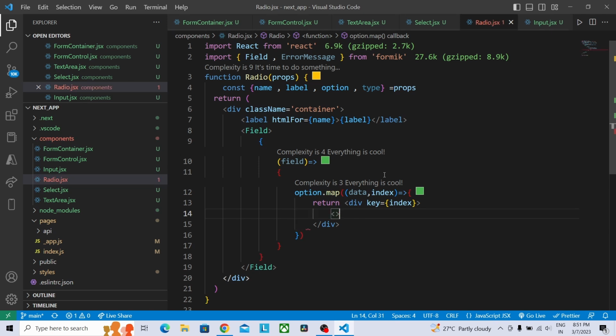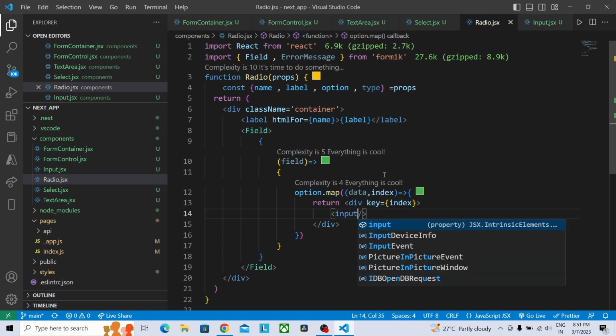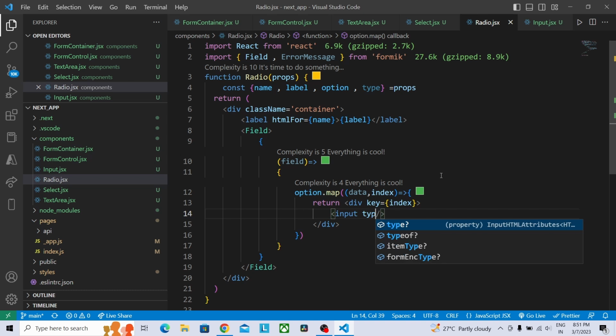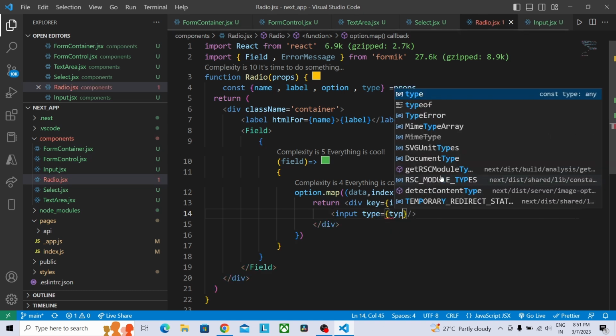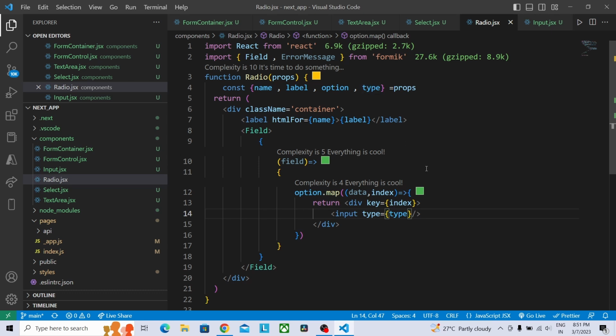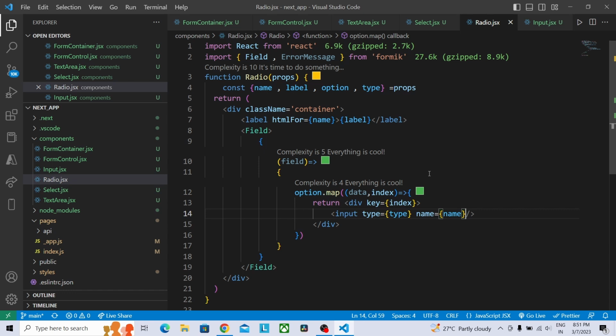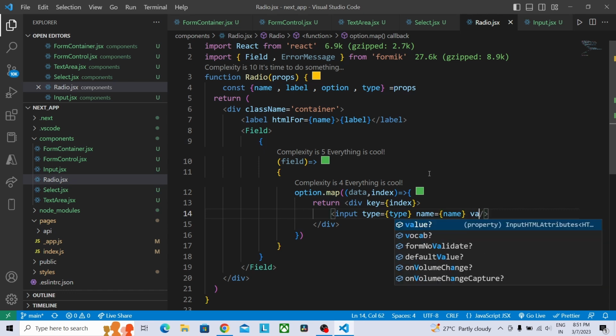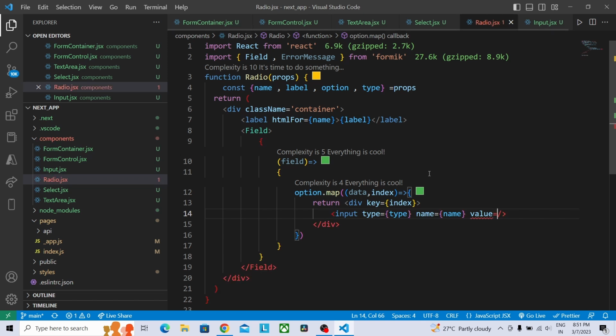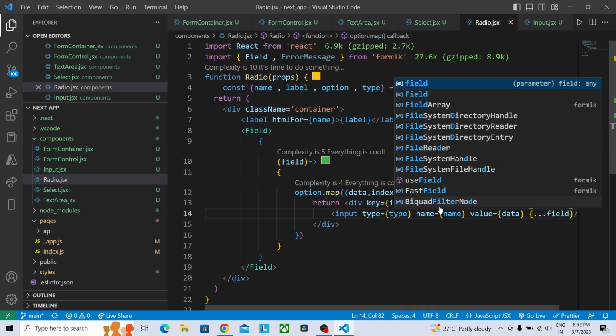Inside I'm going to provide the input. So input and type. The type will be the variable which is assigned here, and here name, the same variable will be assigned here also, and here we will have the value and the data which is passed from here, and finally we have to provide the field which we access here,